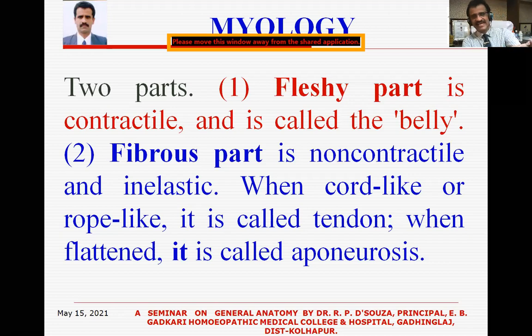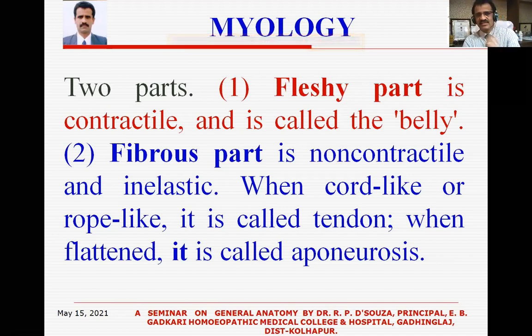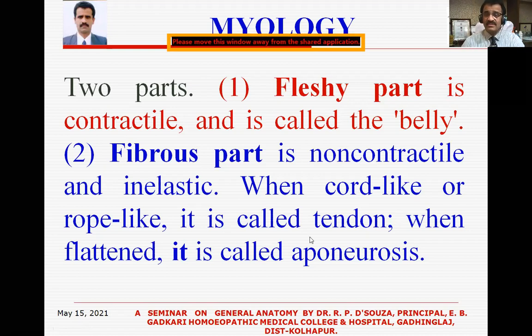You can very easily catch the tendon of biceps at the lower end and also at the upper end. Biceps has three tendons because of two origins, so two heads will have two tendons, and insertion has one tendon. And when the tendon gets flattened, it is called aponeurosis. So biceps brachii also has aponeurosis. Every muscle may not have all these things, but usually this is the state of a muscle when you call it a skeletal muscle. So there can be tendons of origin, tendons of insertion, more than one tendon of origin, plus a flattened tendon called aponeurosis. All this you will have in different muscles.